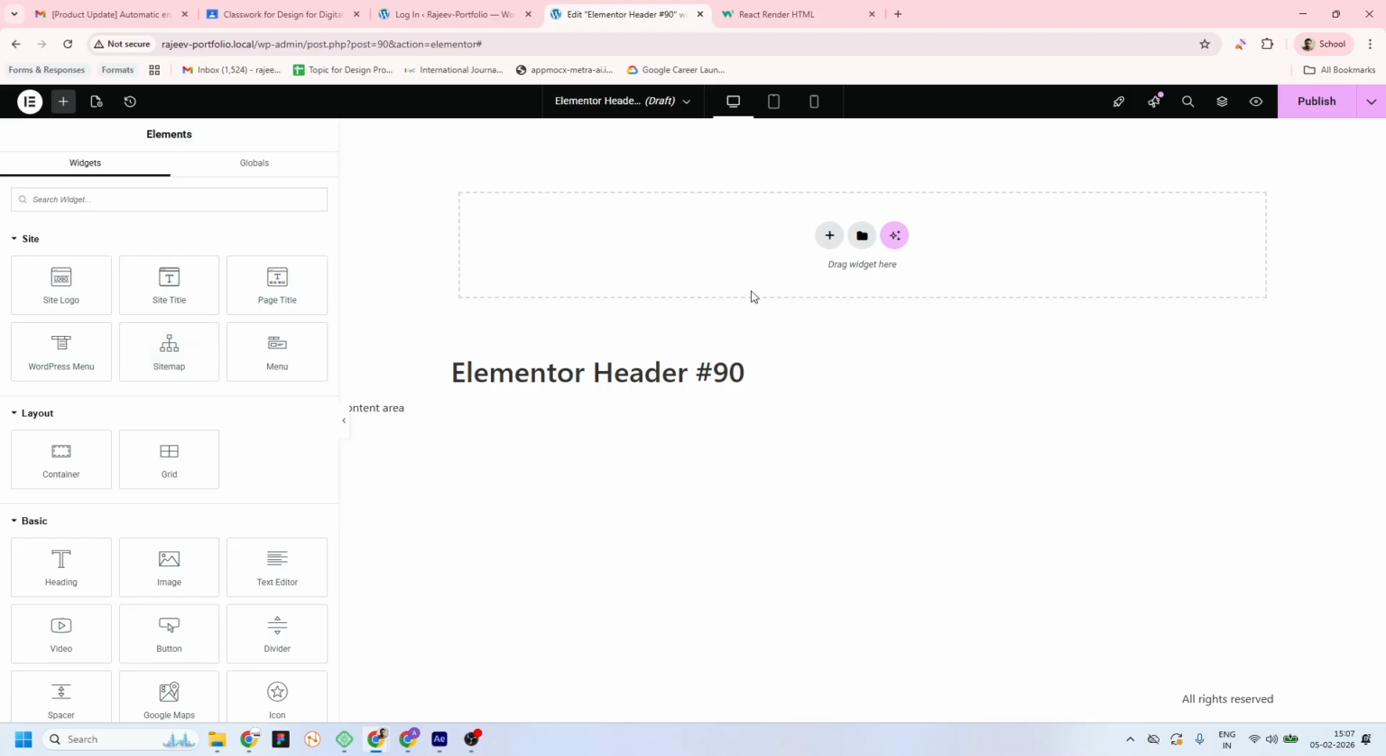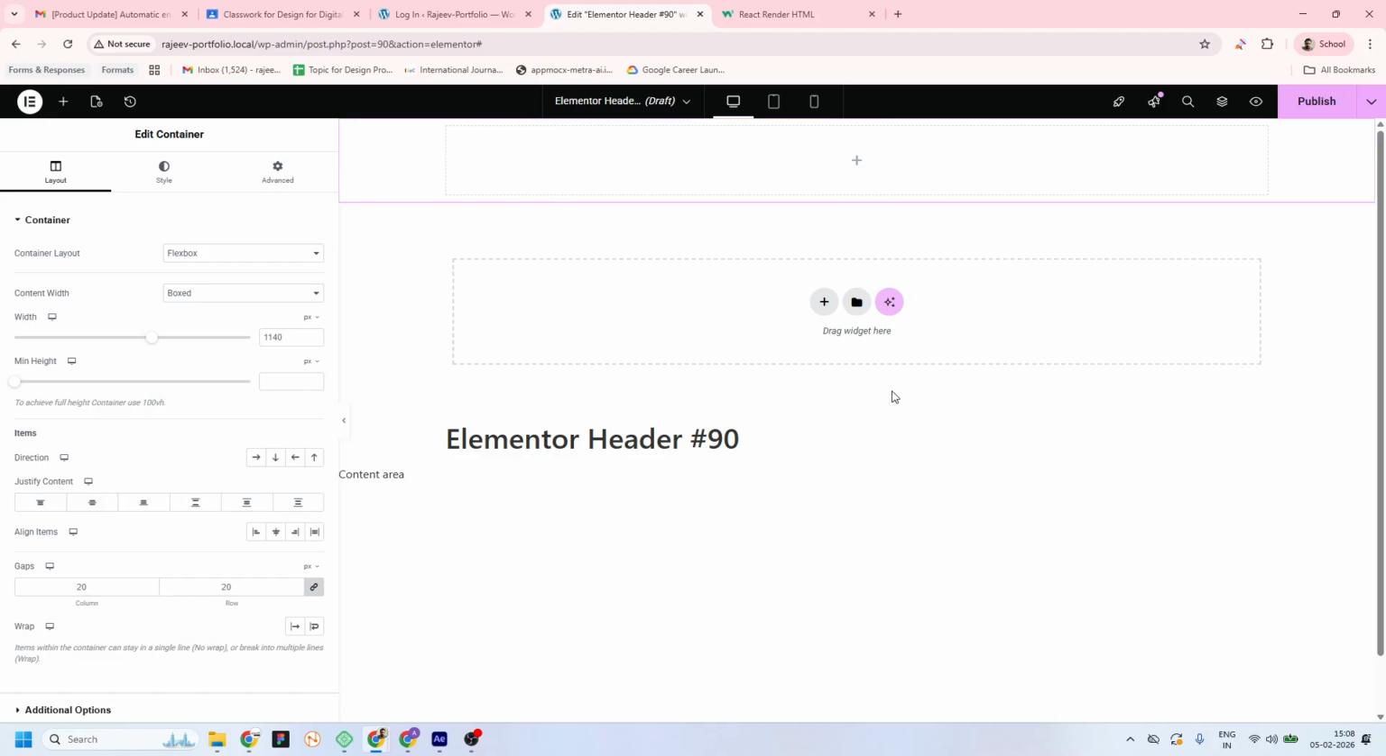So Elementor pretty much knows that we are on a header section, and that is why it is by default giving us these six things which are probably required for the header: the menu, the site title, site map, WordPress menu, and site logo. So before I begin building it, I'm gonna pull up a container and then drag it here, and let's give it a background color,